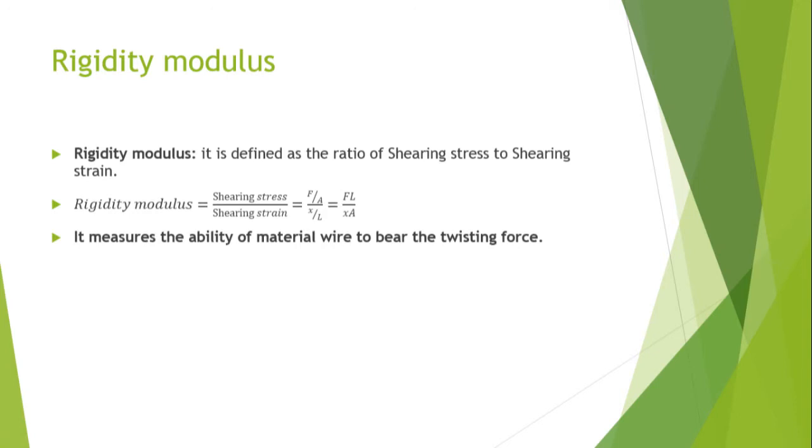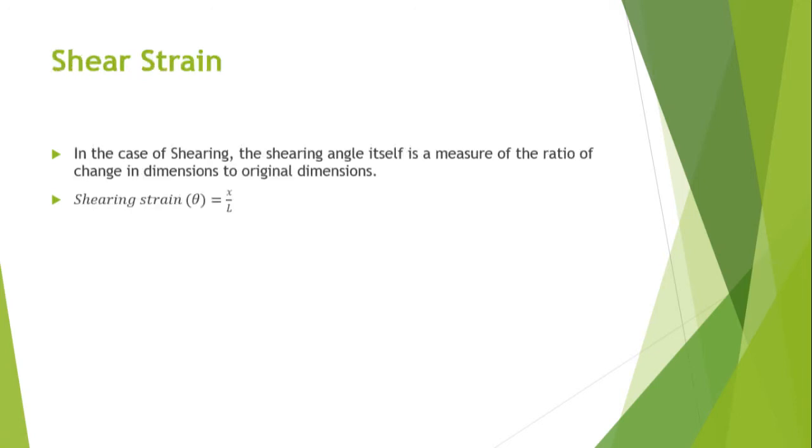Next is, what is shearing strain? If you apply a tangential force, the body shears through a certain angle by shifting of its different layers. That is the angle of dislocation, that is shearing strain. Theta is equal to change in length to the original length. If you want more explanation, you can see the elasticity video.